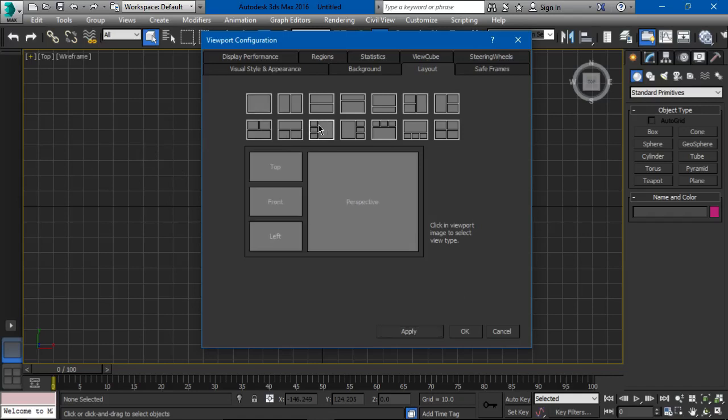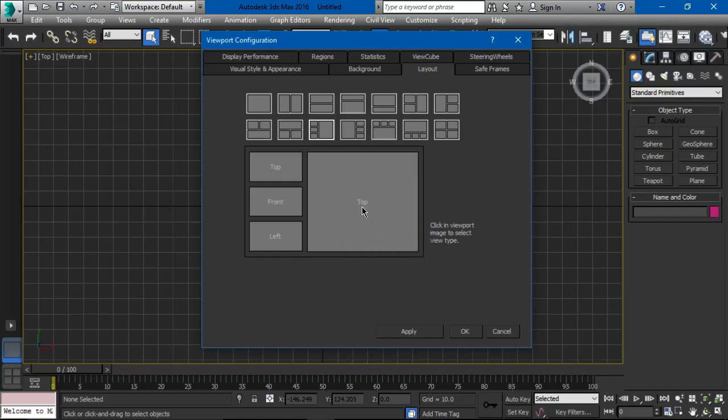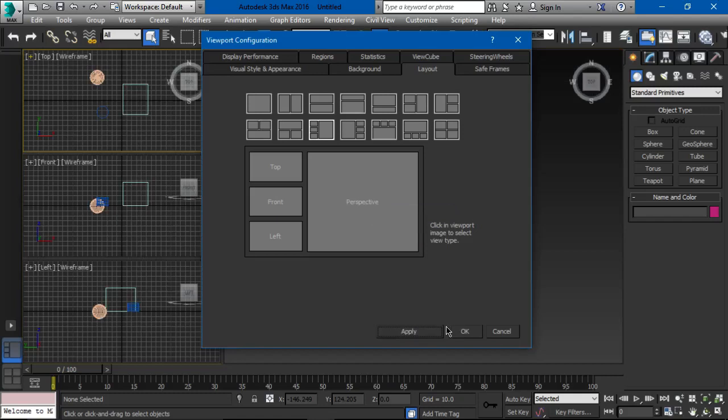And I'm going to switch back here, and one other thing that we can do in this layout window is that you can see that currently this big window is perspective, but if I right click on it, I can change the view, so something like top or anything that I might like. So I'm going to click apply here, and then I'm going to go back here to the visual style and